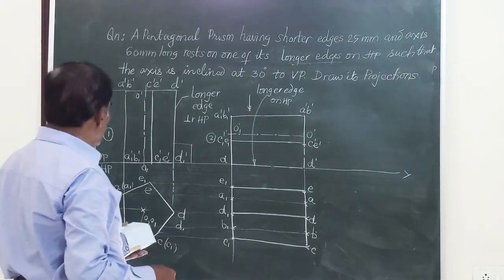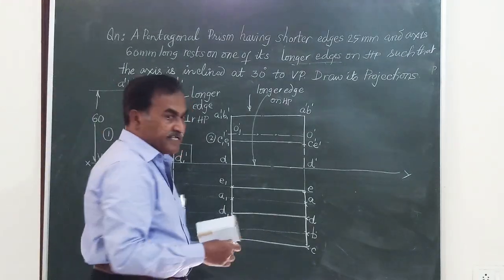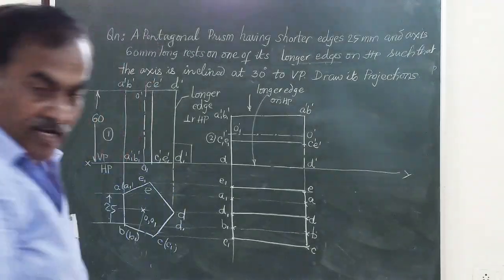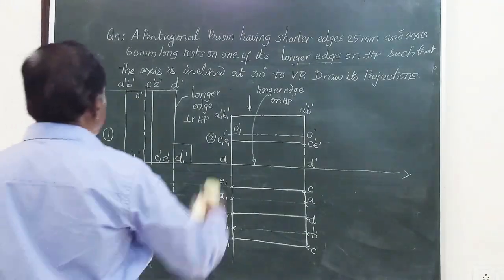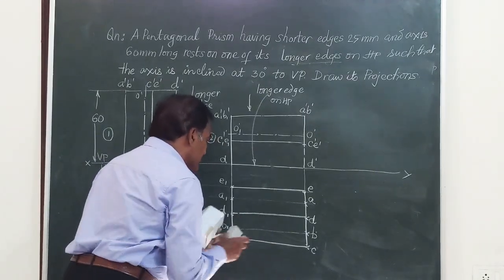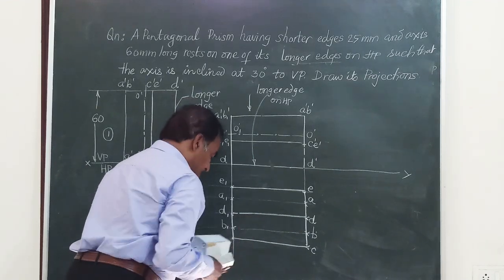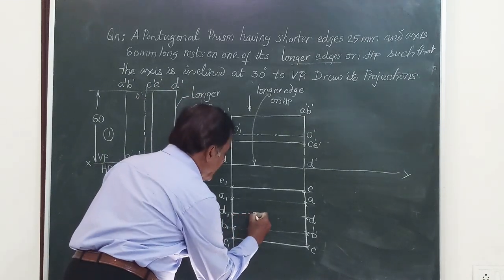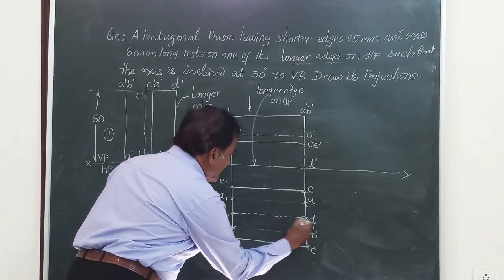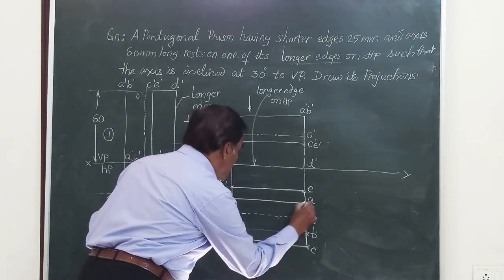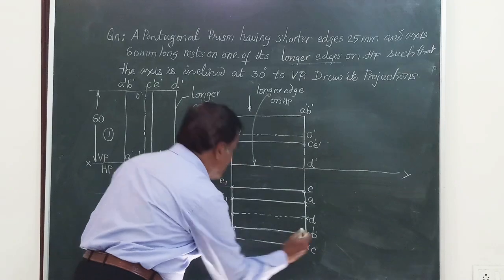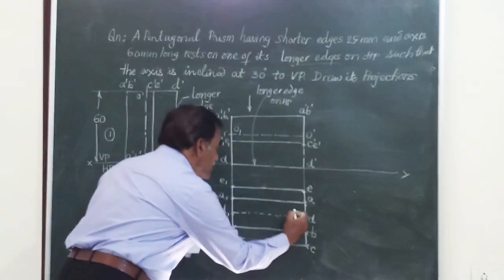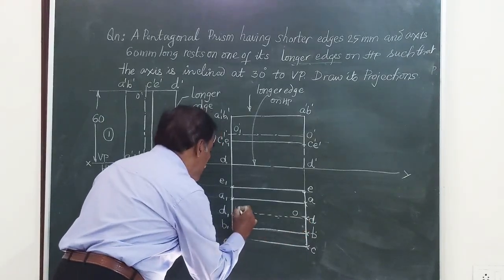So one thing to observe here is the object is resting on DD, but that DD is not visible to the observer, and hence when you see from there, the object is resting on that, so this has to be shown by a dotted line. So let me show this by a dotted line, whereas the rectangle A1 and this B1B is completely visible. This also represents the axis O, O1.